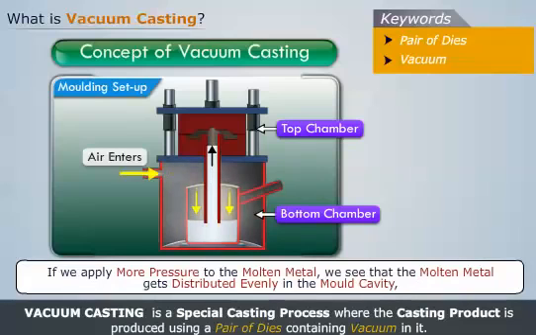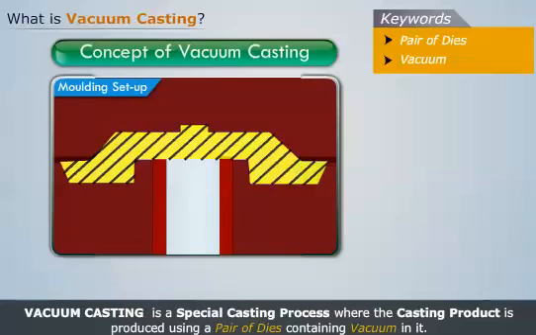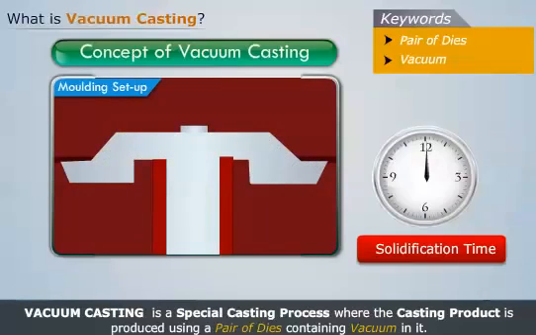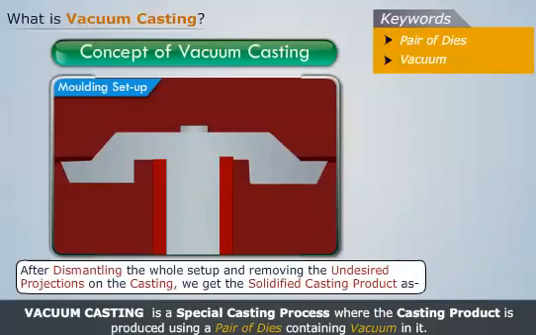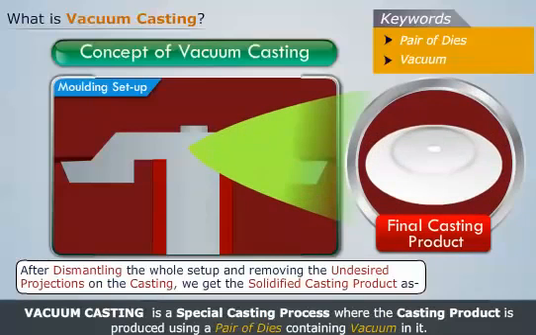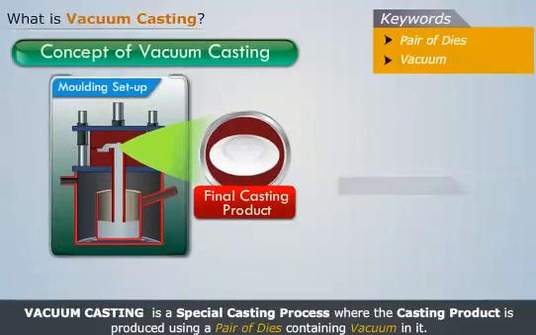Now if we apply more pressure to the molten metal, we see that the molten metal gets distributed evenly in the mold cavity, thus forming the casting product. Now leave this casting product aside to solidify. Thus, after dismantling the whole setup and removing the undesired projections on the casting, we get the solidified casting product as. Related terms are